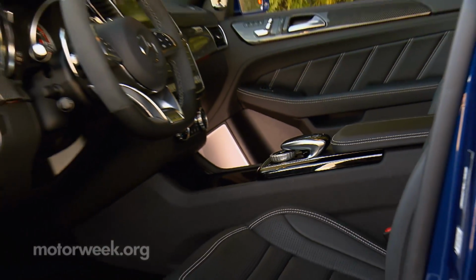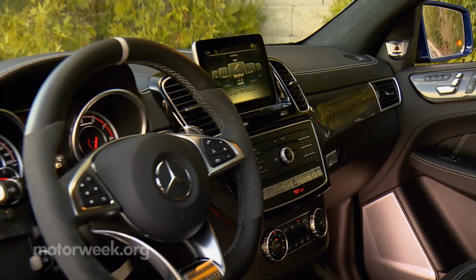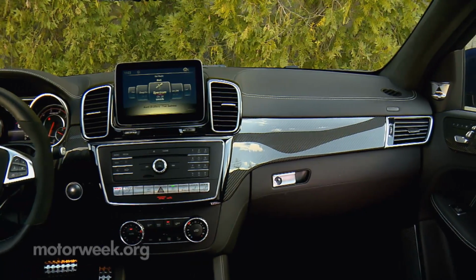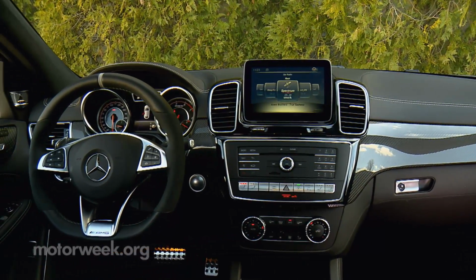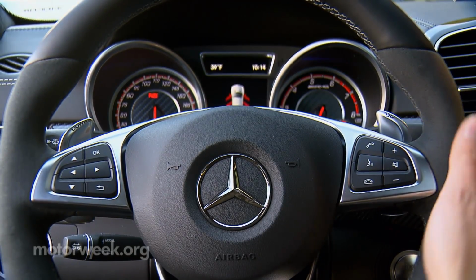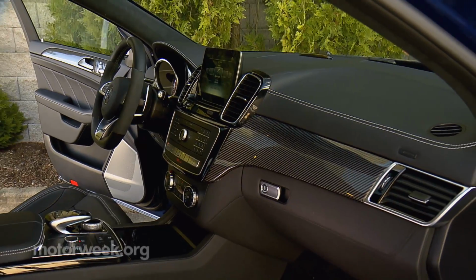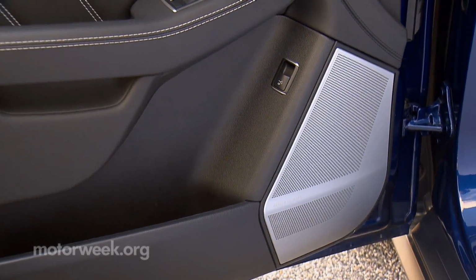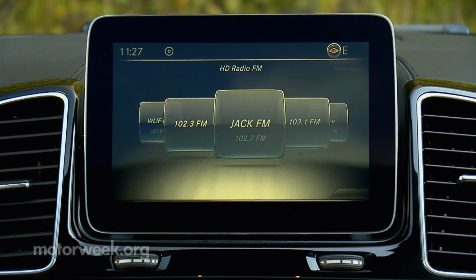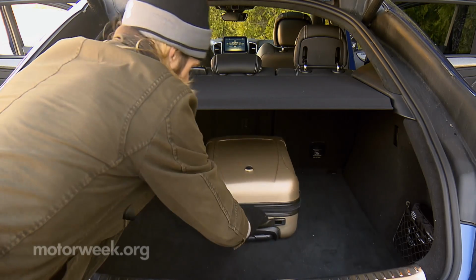No matter if you're on a full throttle getaway or just the daily commute, there's plenty of comfort and luxury inside the cabin to keep you satisfied. Though AMG sports seats and steering wheel, as well as the carbon fiber trim, definitely present a sporty aura. Opt for the Bang & Olufsen BIOS sound system and you'll be awash in 900 watts of audio power as well. The only thing you really sacrifice here is cargo